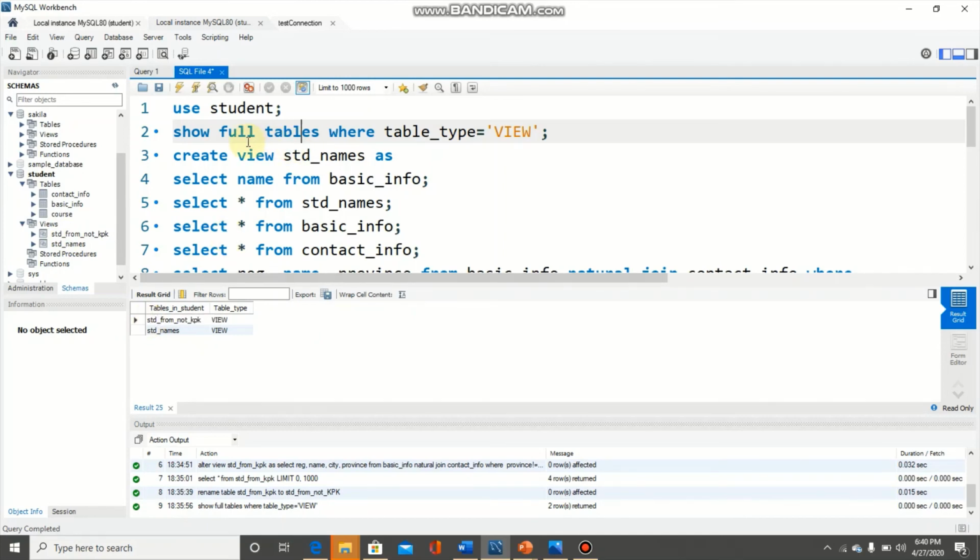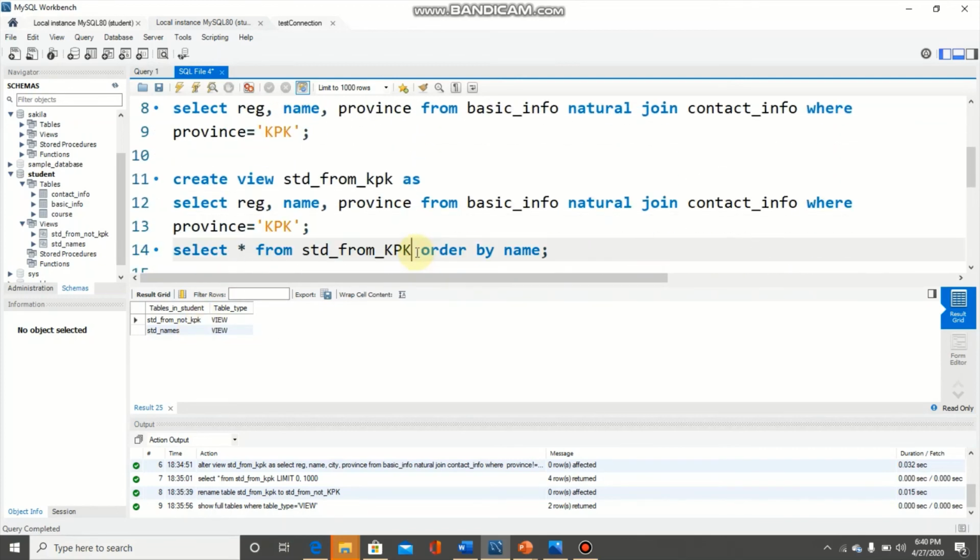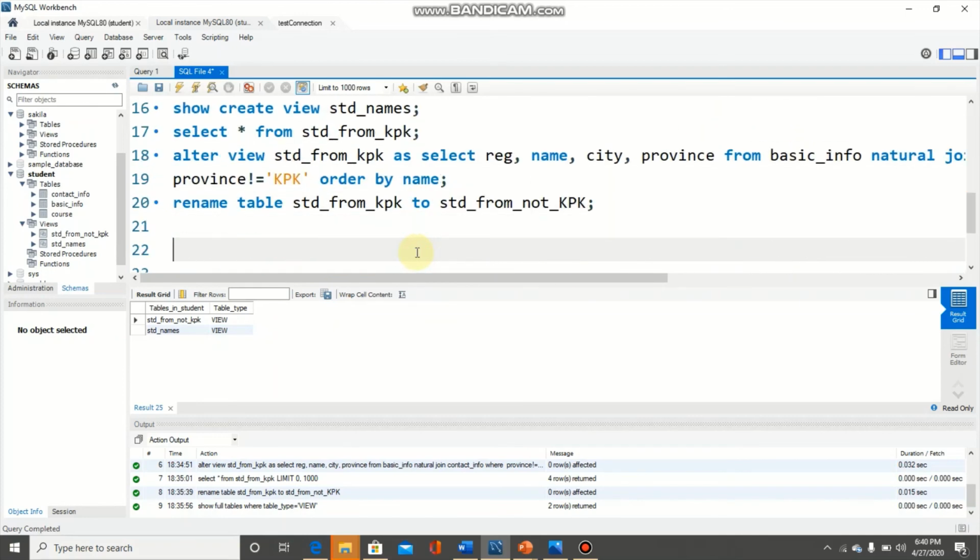We also executed show full tables and we got these 2 views in the list. So we need to delete one of these 2 views. We need to type drop view std names. So this view will be deleted.